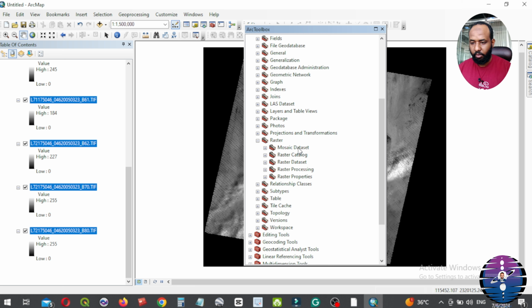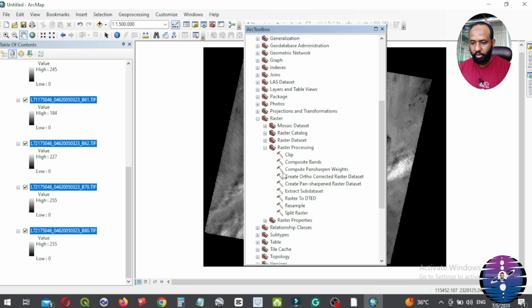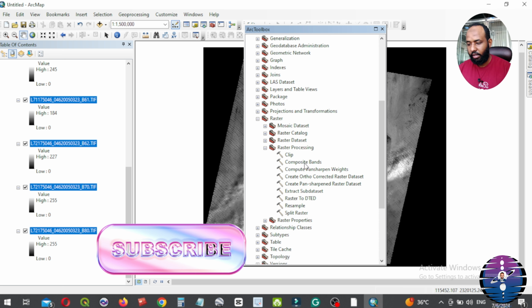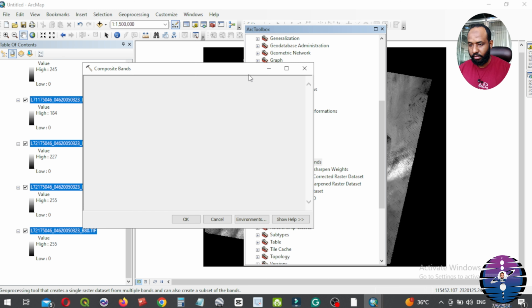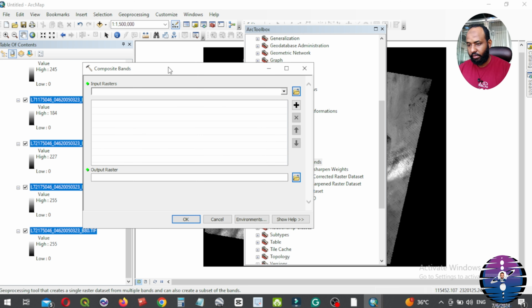From the beginning: mosaic database, raster catalog, raster database, raster processing. Open raster processing. Double click on composite band. Okay, as you can see, this window has appeared.